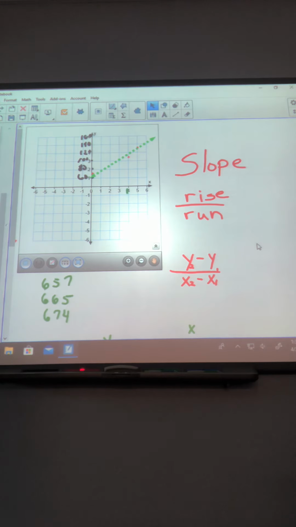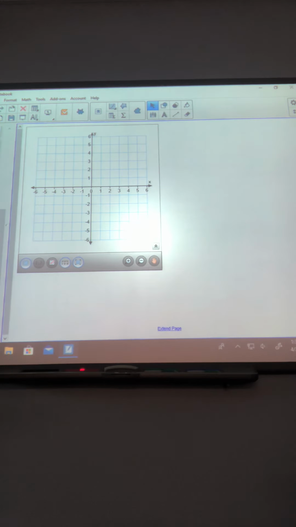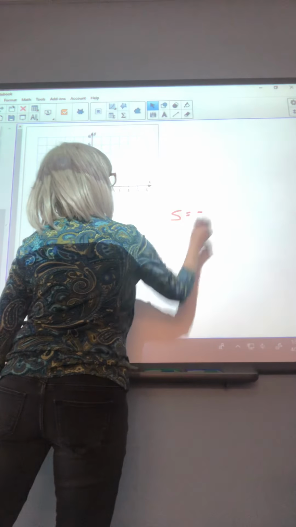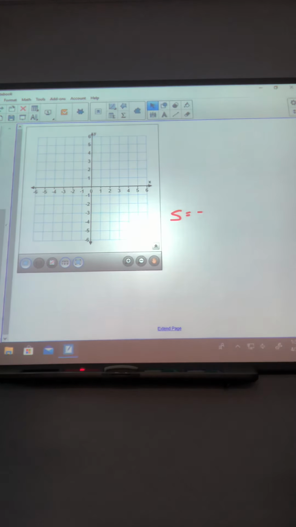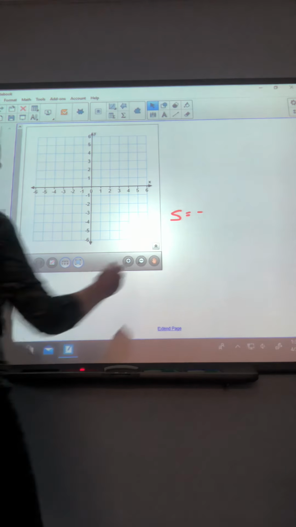All right. Let's go ahead and look at number 61. So 61 says sheep and lambs. It says the number of sheep and lambs in millions on farms in the United States has declined in recent years and can be approximated and projected by another equation of the line. So the equation of the line is S is equal to a negative, so that's telling you it's a negative slope,